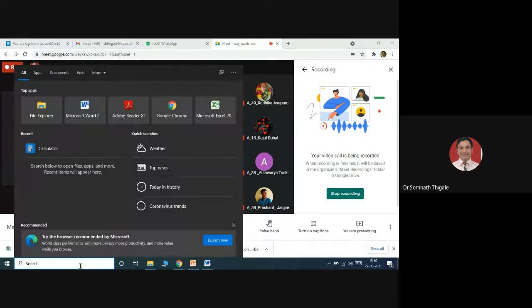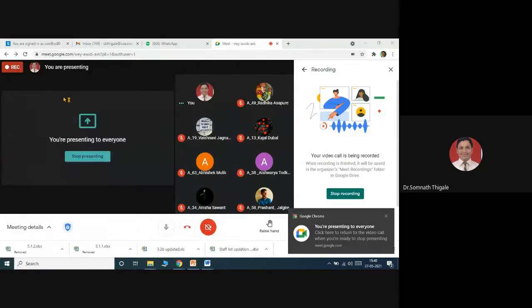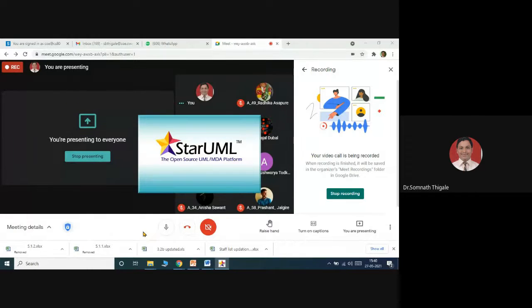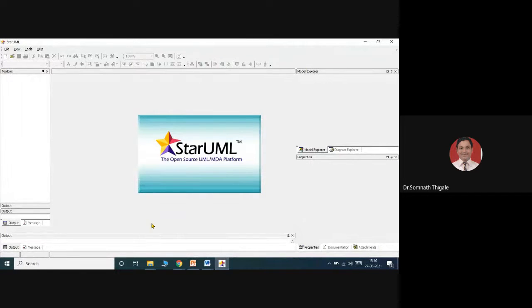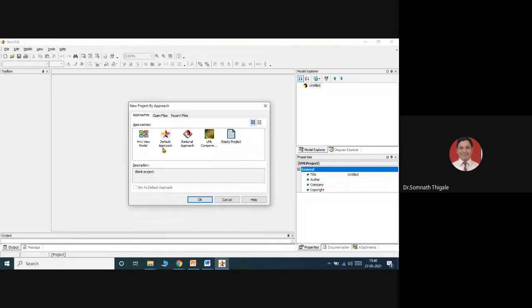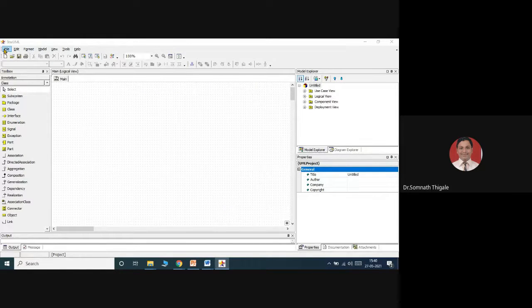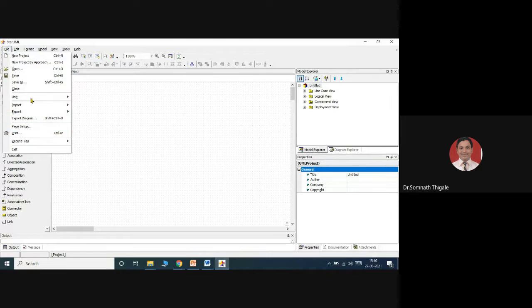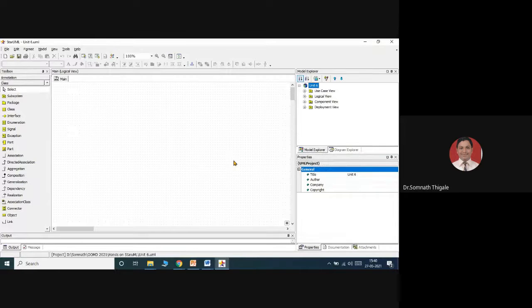I'll start with Start UML, Rational approach. File, open the project. We'll continue with our previous project, that is the Unit 6 project. We have a separate package here named deployment view.